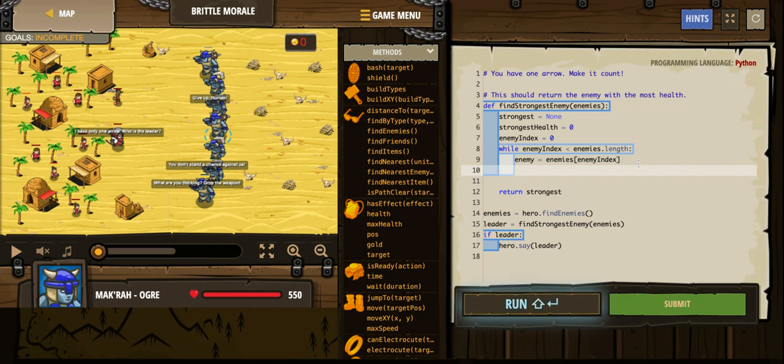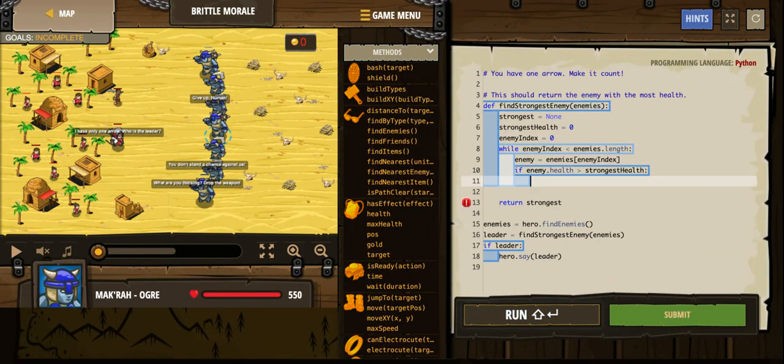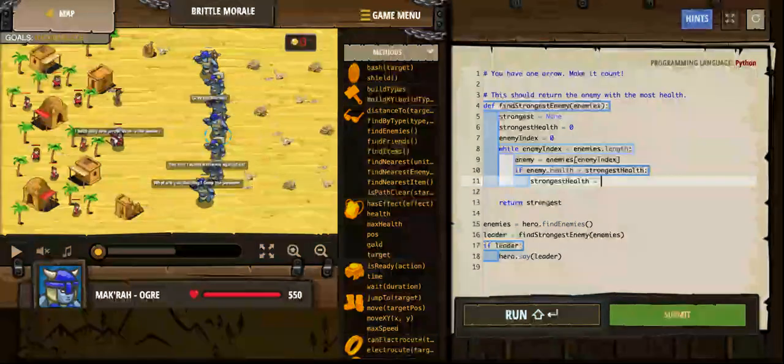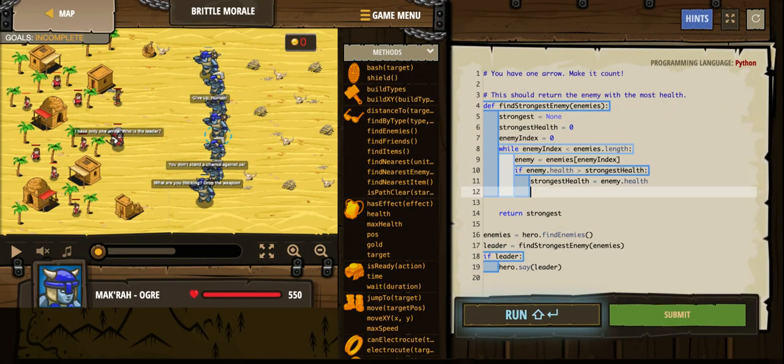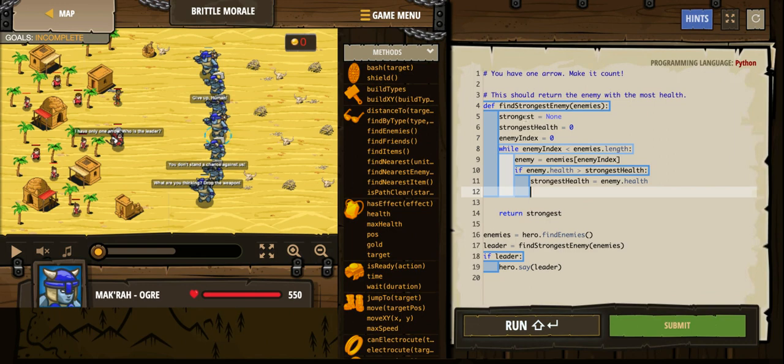Okay? And then after that, we need to check if this enemy's health is more than our current strongest health. So if enemy.health is greater than strongestHealth, we need to set our current strongestHealth to this enemy's health, enemy.health. And we need to update our strongest enemy